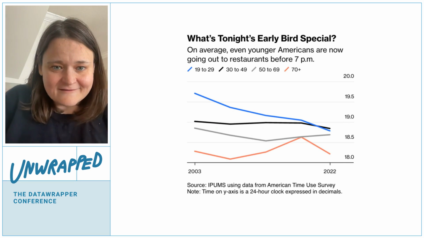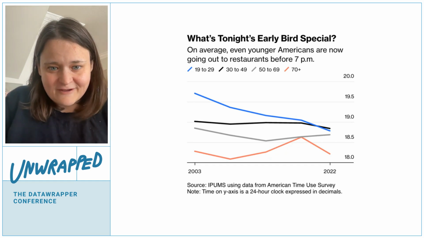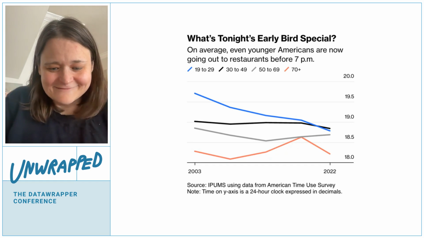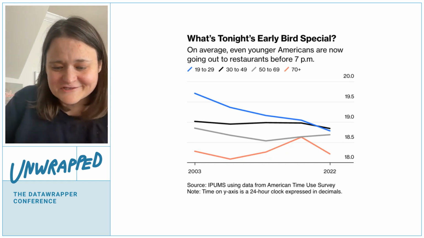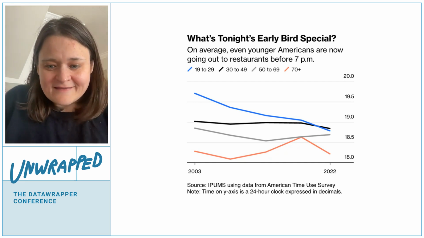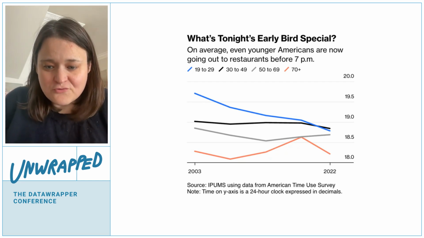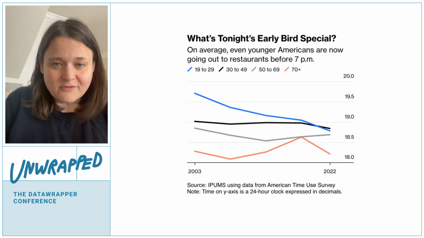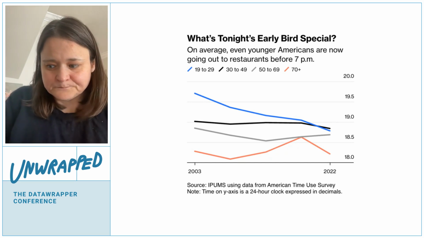Is an interesting idea, but you'll see this footnote that's like, no, time on y-axis is a 24-hour clock expressed in decimals. And you're like, what is going on over there? Similar, not so dissimilar from that. Like, what is going on in the flash era of the charts we started with? Why is that? Because as a tool, the charting tool that Bloomberg uses assumes you are putting your unit in this space, whereas the person who made this chart decided instead to use that space to describe what it is.